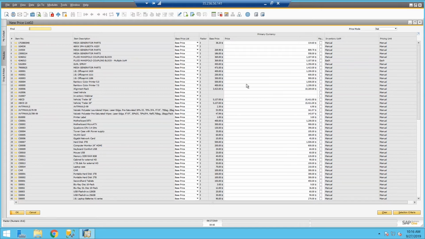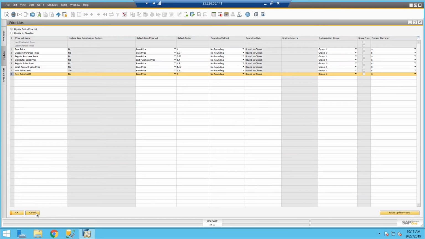We can play with the factors. We can use any number here according to our final item price, basically. Now, in this case, what I did, I actually updated my whole price list to use a factor of 3. But I can also update only specific item groups. And in this case, this is where the item groups also come very handy, and they can help us with updating our prices. If I select here, update by selection,